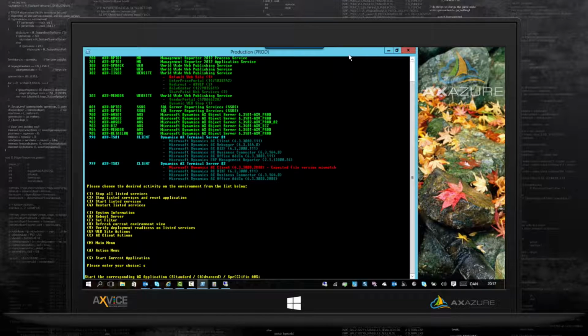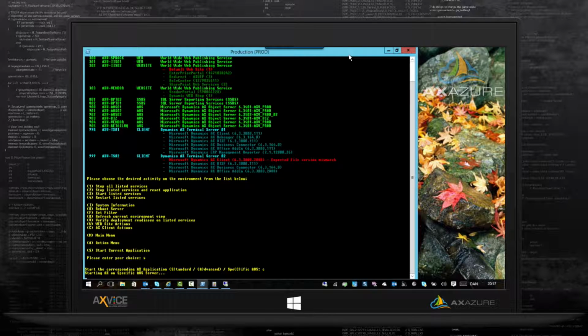Now another feature here is that you can open it up on a specific AOS server, because you want to make sure that the demo or the investigation that you're doing for your end user is actually done on that specific AOS server that he or she is working on. So let's open up the AXV-BIS AOS. So that is again 903. So I can say specific AOS server.